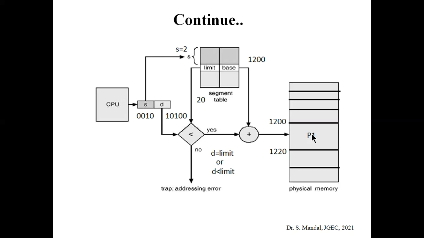Again, in case of paging, we divide the process into equal pages where the size of the pages is the same. Similarly, we divide the main memory into fixed-size memory locations known as frames, and each page is loaded into the respective frame. But in case of segmentation, the size of each block, known as a segment, is different. These are variable length.